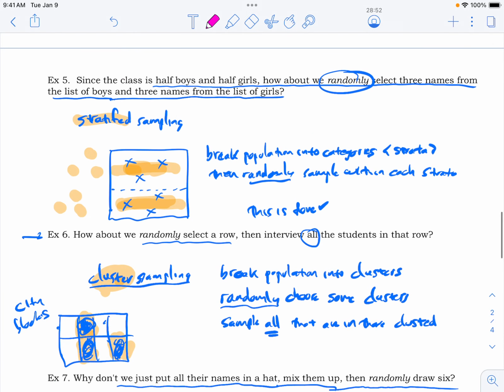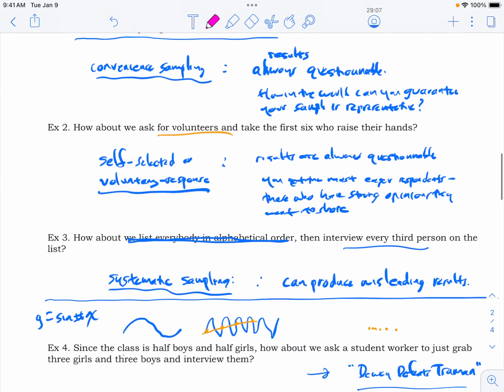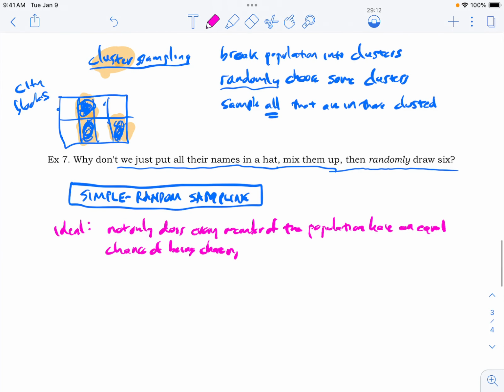And then here, before you break it up into strata, every member of the population has an equal chance of being chosen. You're going to break it into strata, and then you're going to be randomly sampling within the strata. So the random elements are telling you that every member of the population has an equal chance of being chosen. But when you put all their names in a hat, right,